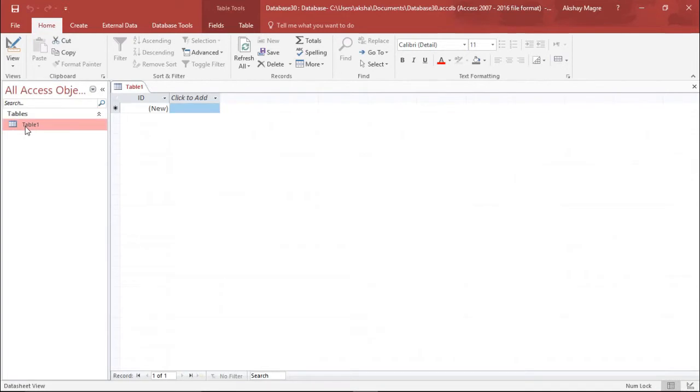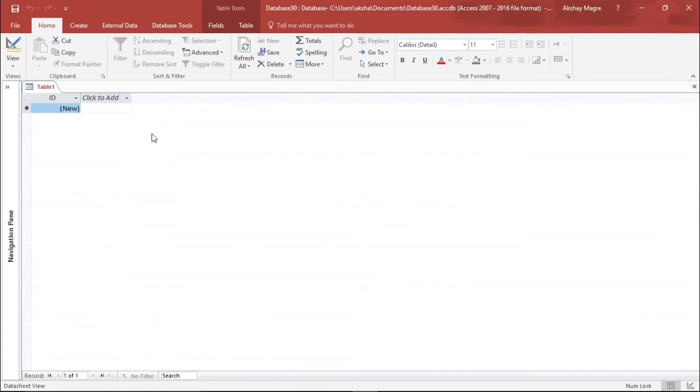Now before we get started, let's try to understand what tables are. Tables are basically a place where we can enter the information of our database. That means if I want to enter a new entry, I will enter it in the table. In the table I will have all the records which will be required for our Access database. We can create multiple tables and we can link those tables as well. We will see how to link the tables in later videos. Now first we'll go ahead and create a simple database.